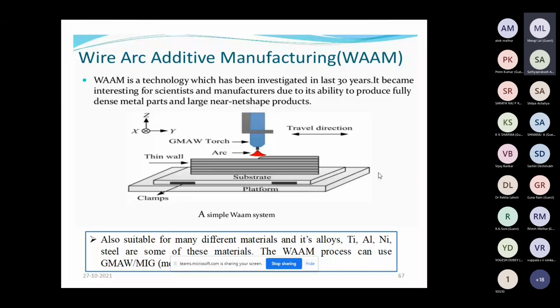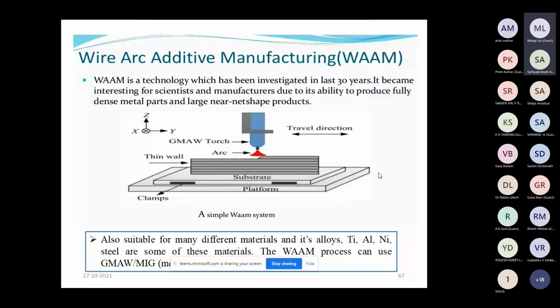But in wire arc additive manufacturing or welding based techniques, we have the freedom to extend the size of our component. With the help of this technique, we can generate large size parts by adding different layers or plates of the required components.